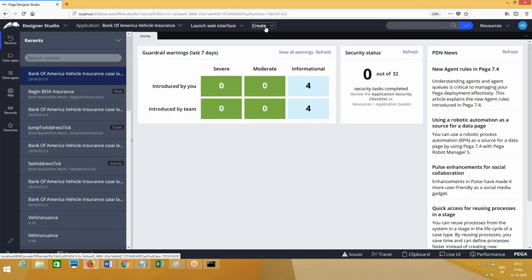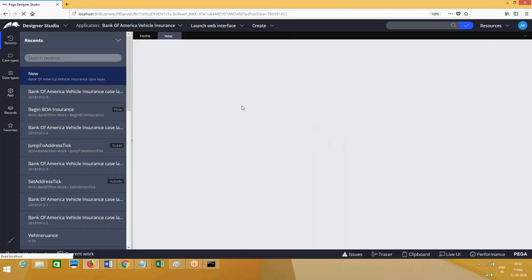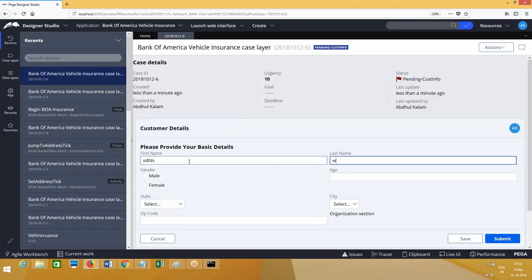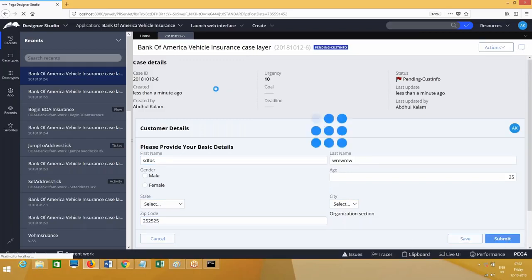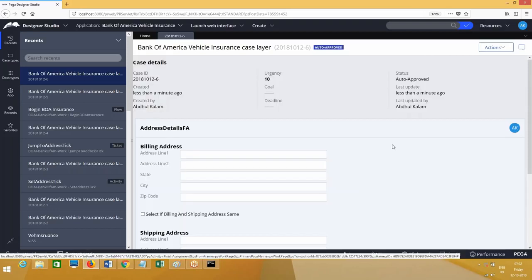So let's run this now and see how it is working. Let's set the ticket and then submit. It's still going to address details only.